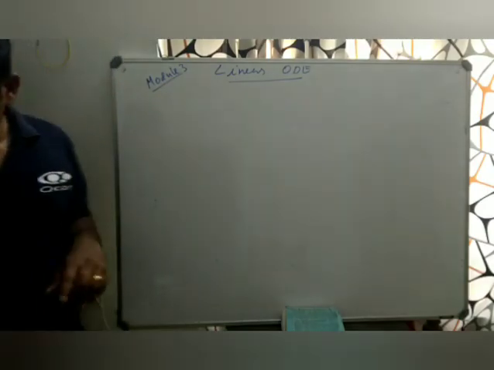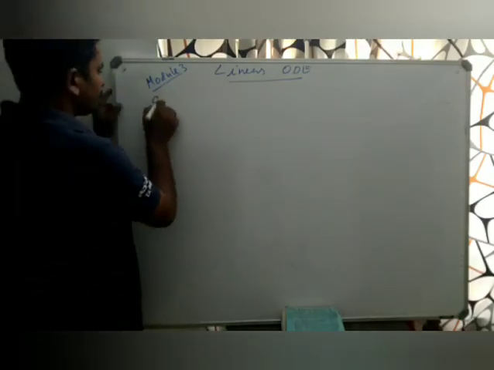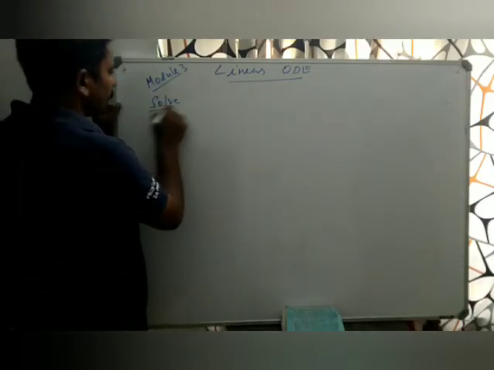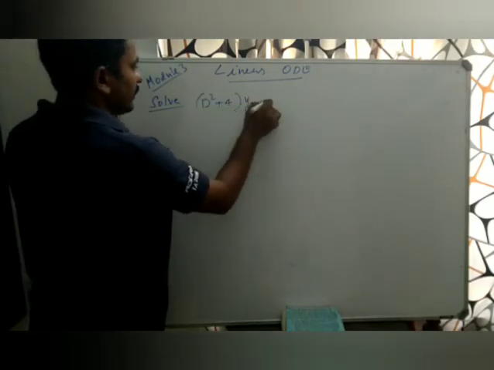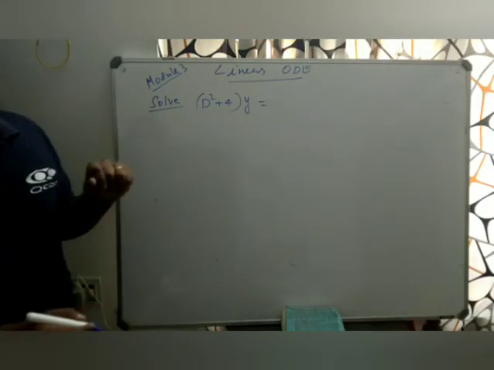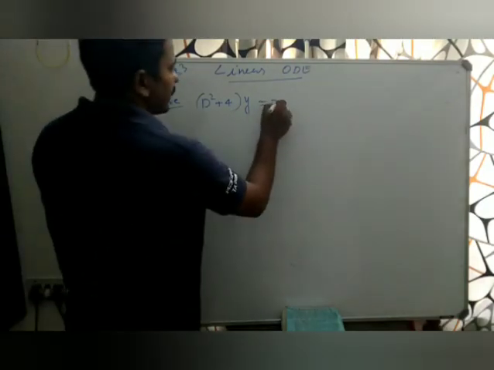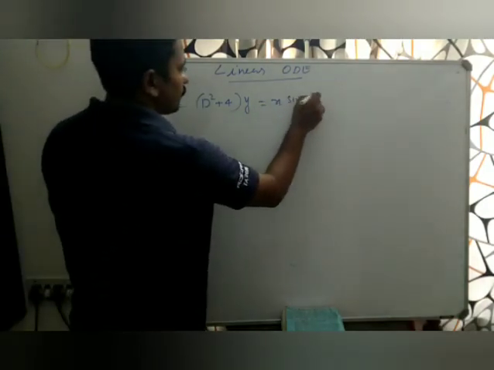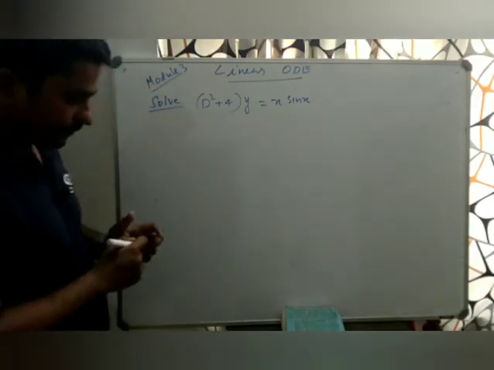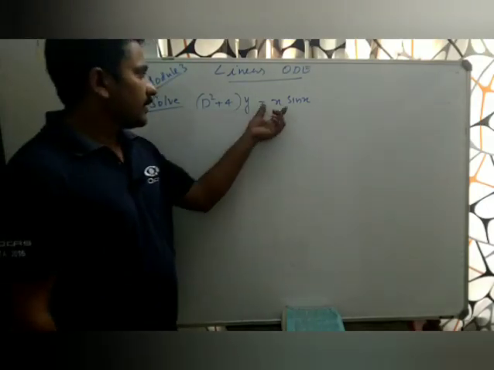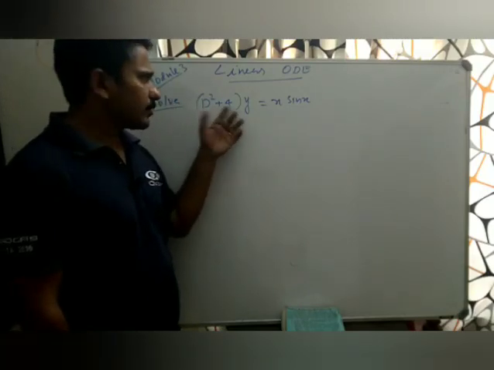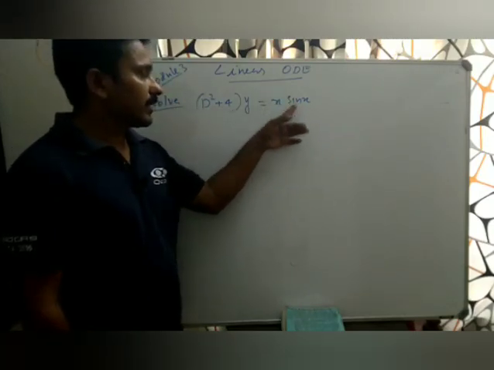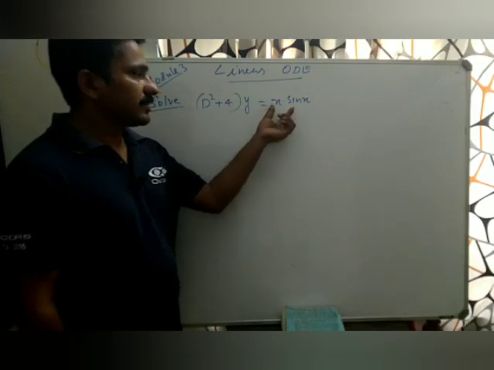All right, solve (D² + 4)y = x sin x. Actually here finding the complementary function would be easier, no problem, but for the particular integral, see,